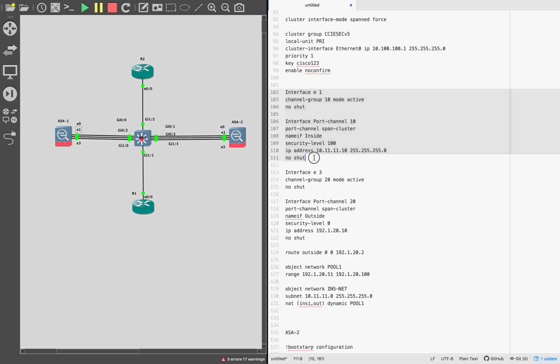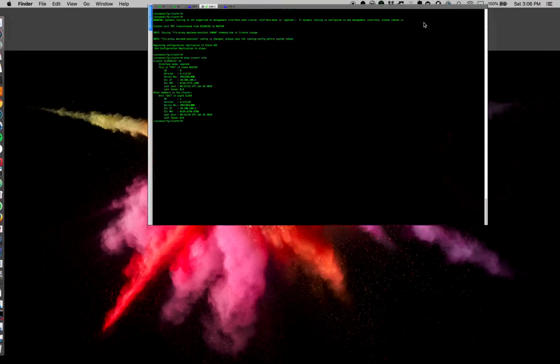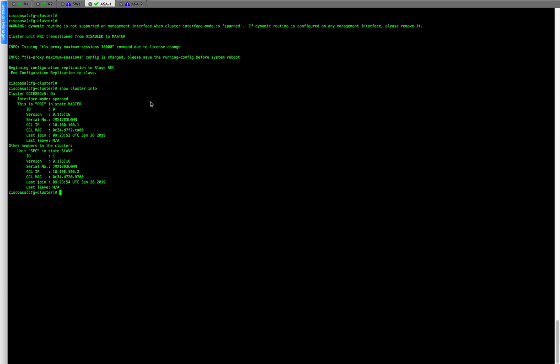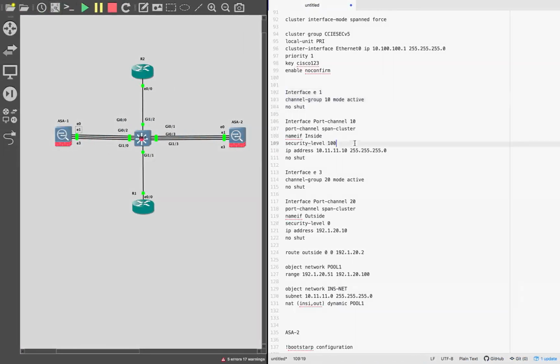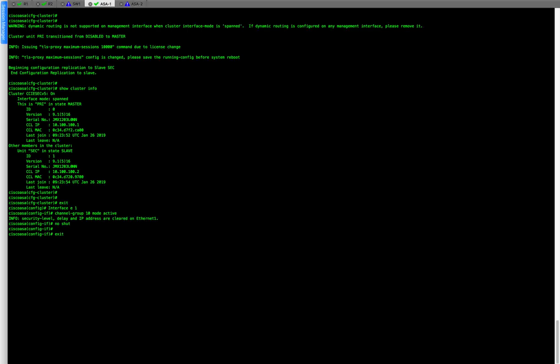So let's actually do this configuration. Let's pick this couple thing. So let me pick this up and put it on my, okay, so let's keep this here. Yeah, this is my ASA1, right? So let's do this on ASA1. Okay, so that's done. Let's pick the port channel up now. Just go back once, and yeah,